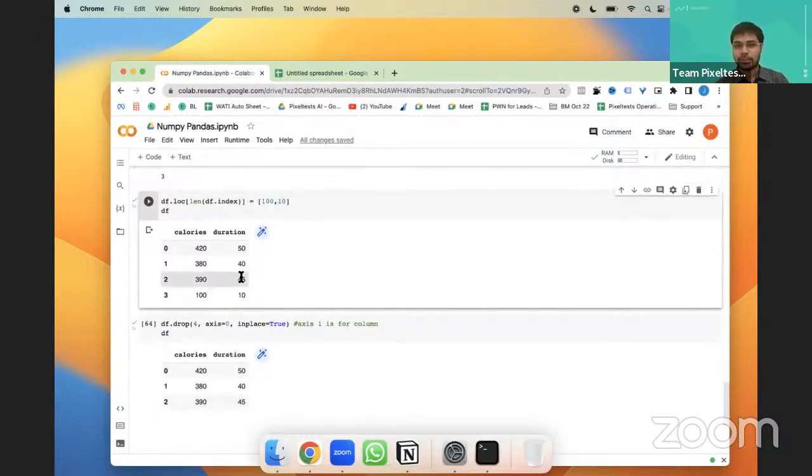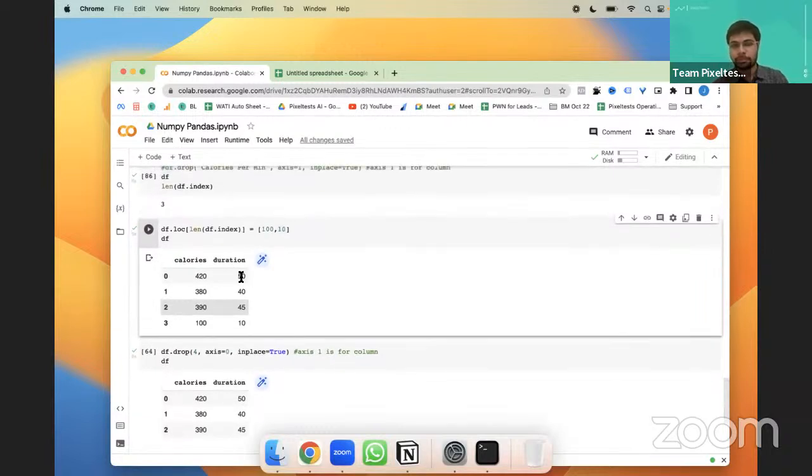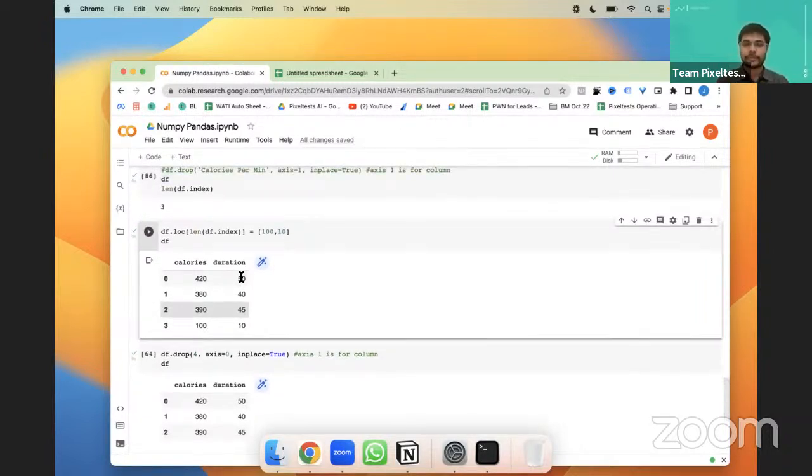So how many of you understood how to add a row in a data frame? Type in the chat box. This particular Colab file will be given to you so you can run it by yourself. Now we have to focus on understanding the concepts. So if you understood how to add a row in a data frame, type in the chat box.